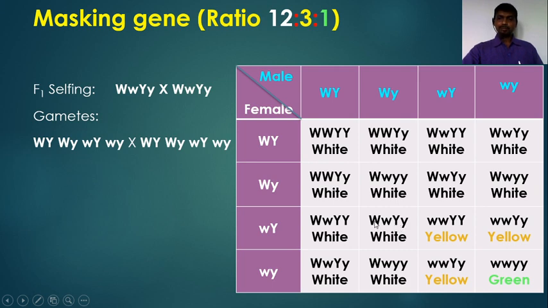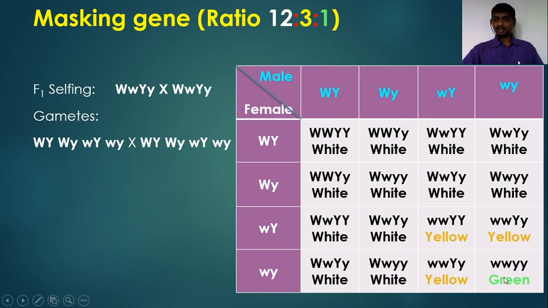So when both the genes, when this W is dominant, then it produces the phenotype white. Here this W is recessive, then it produces the yellow. This Y gets expressed because W is recessive. Here also this W is recessive, so Y gets expressed. Here also this single capital Y, this single dominant allele, is present in this genotype. So because of this only it produces the yellow color, because W is recessive.